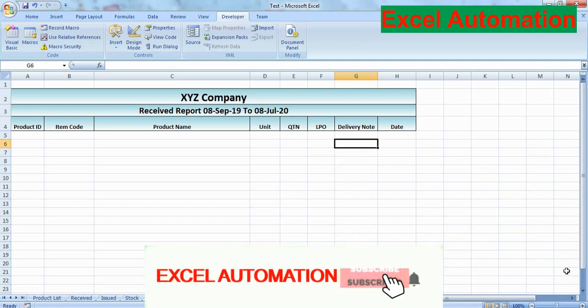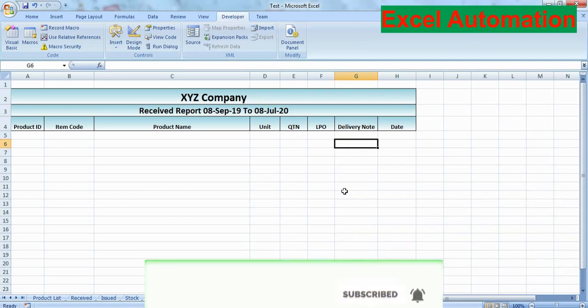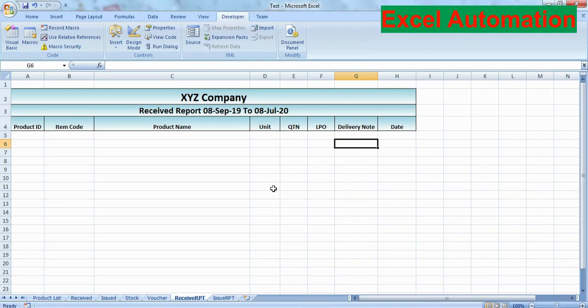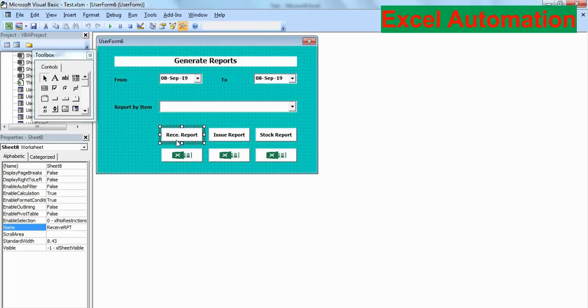This is the 12th part of inventory management software using Excel VBA, and as you know, we are working on the report section of this software. In our last video we learned how to generate the receive report. We are working on this button, and I informed you that we will generate the report with two conditions.